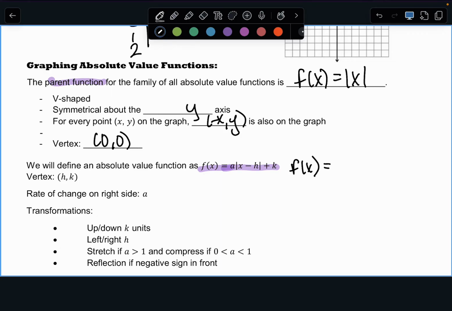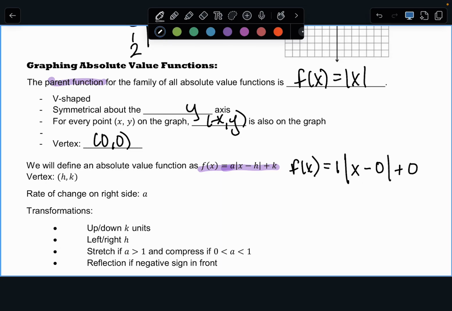So if I look up here, what number is really being multiplied right here? Go ahead. 0? Not 0, 1. There we go. So 1 times the absolute value of x minus what number is being subtracted here? 0. 0, okay. What number is being added off to the side? 0. 0. So although our parent function doesn't really look like this, we can make it look like that pretty